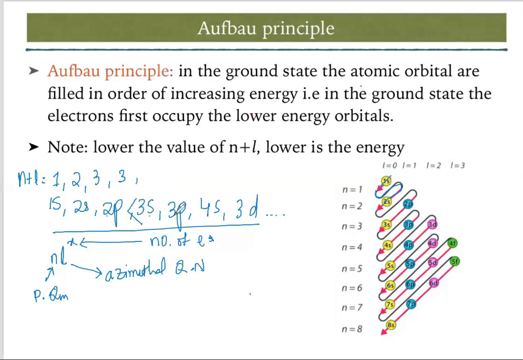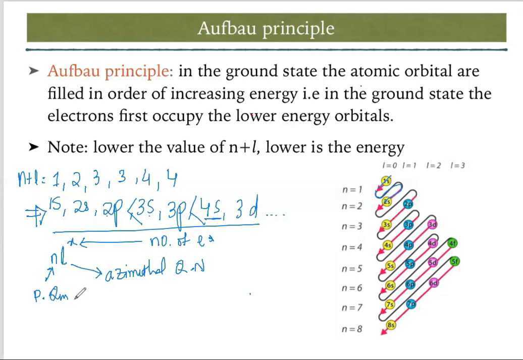Next, after 3s, 3p. 3p means 3 plus 1, which is 4. Again here it will be 4, 4 plus 0, so that will be 4. Again the same concept applies here. In this case, the n value is more, so 4s will have higher energy than 3p. So the Aufbau rule says that you have to write the electronic configuration according to this sequence. You just remember this sequence. It will come as 1s, then 2s, then 2p, then 3s, then 3p, then 4s and 3d.